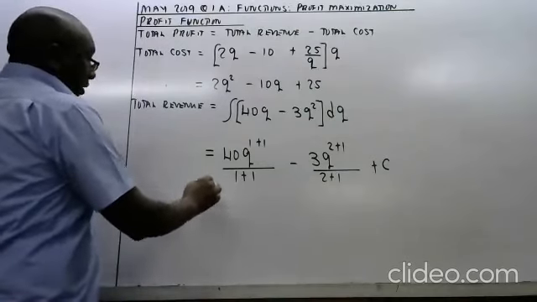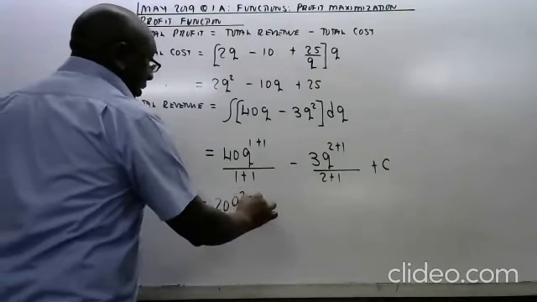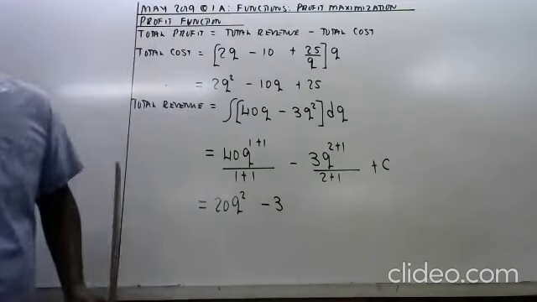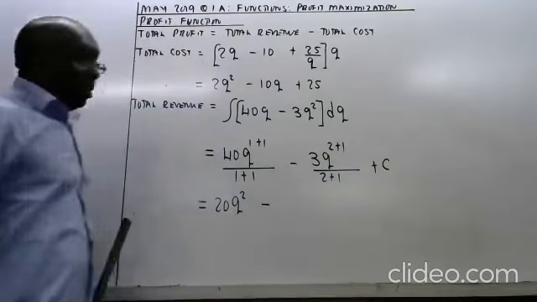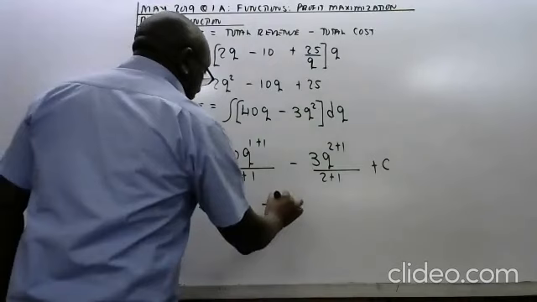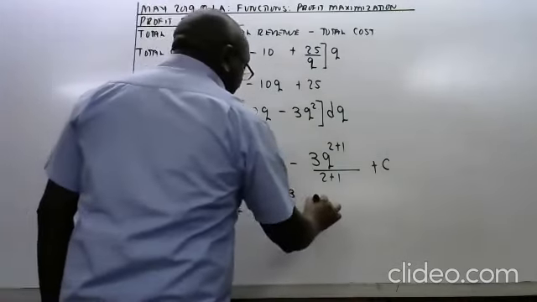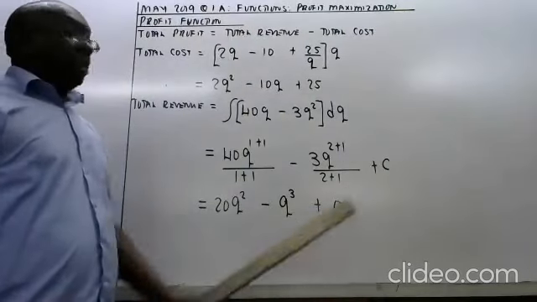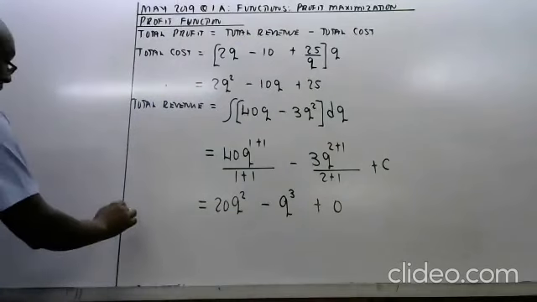So this one adds up as 20Q squared minus 3, not 3. 3 will cancel already. So minus Q cubed plus 0. For the revenue function, the constant of integration is 0. And thus